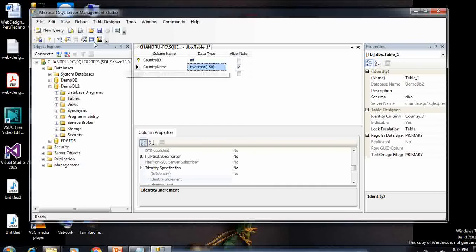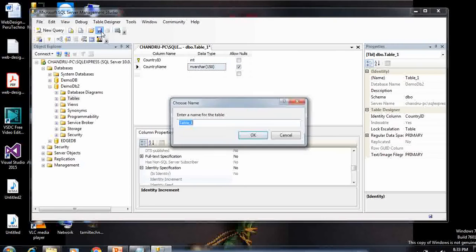Now you have to save everything. NVARCHAR means character data, and INT means numerical, integer, the data type. I hope you all know well about it. Now save as country, or country table, whatever. Always it is best practice using the suffixes like this, as it will be easily identified by